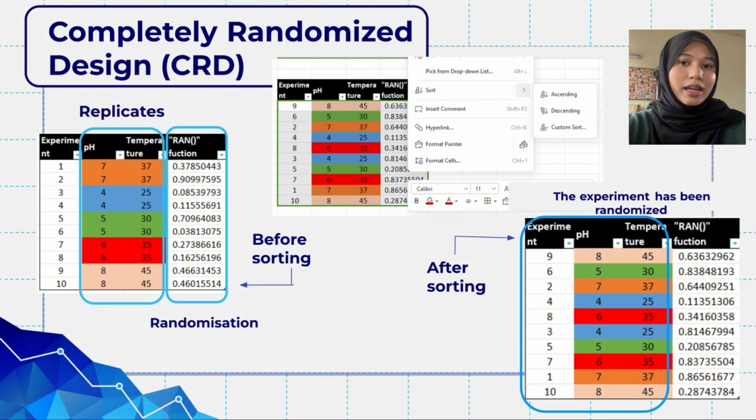Hence, there is a total of 10 runs for each factor. Next, randomization is the key. The random function is used to generate a random value between 0 and 1 for each run. Once random numbers are generated, sort the rows in ascending or descending order based on the value to randomize the